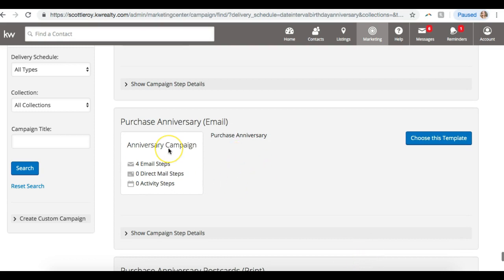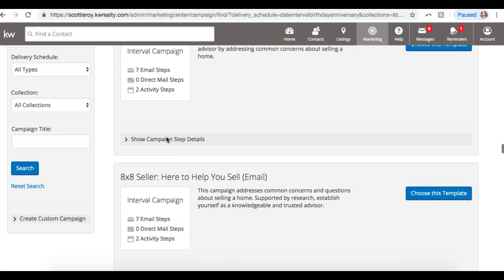And then there's a purchase anniversary campaign. So similar to the birthdays, if you have past clients and you have their purchase anniversary dates entered into eEdge, you can set them up on this campaign and they'll get a nice little happy anniversary message from you every year. But I'm going to go all the way back up to the top